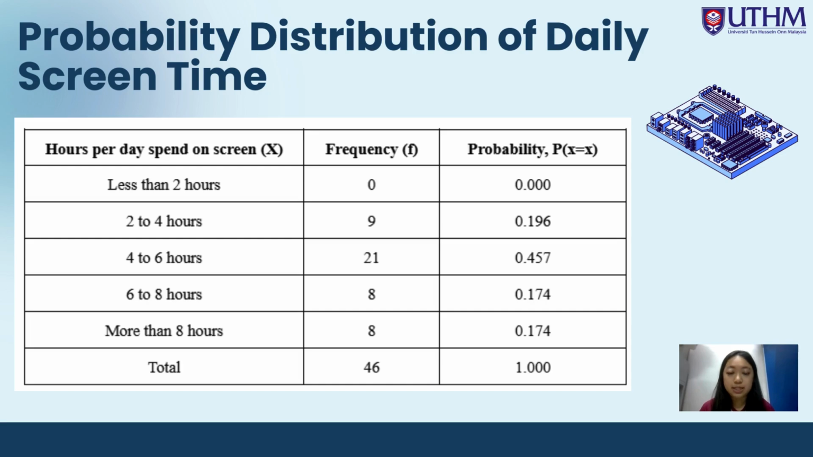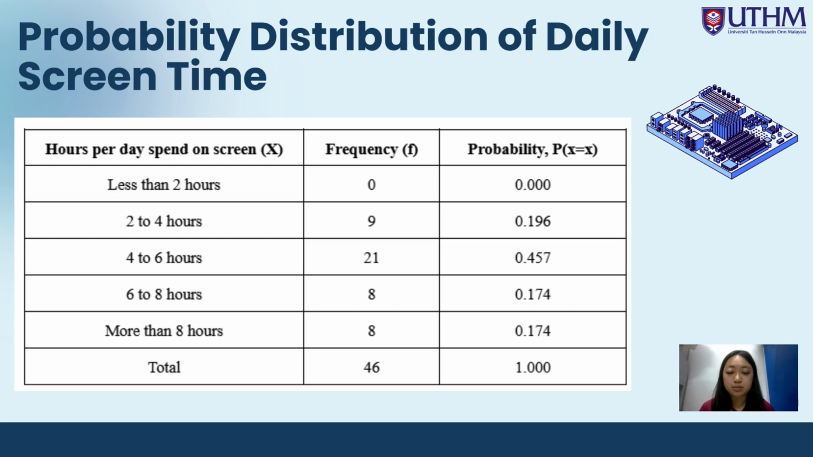Here is the probability distribution. The highest probability, 0.457, corresponds to 4 to 6 hours of screen time, confirming it as the most typical range. Categories with extremely low or high screen time have smaller probabilities, indicating fewer students will spend that much time